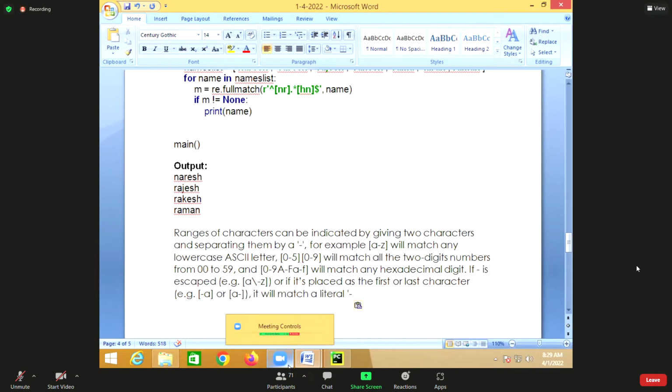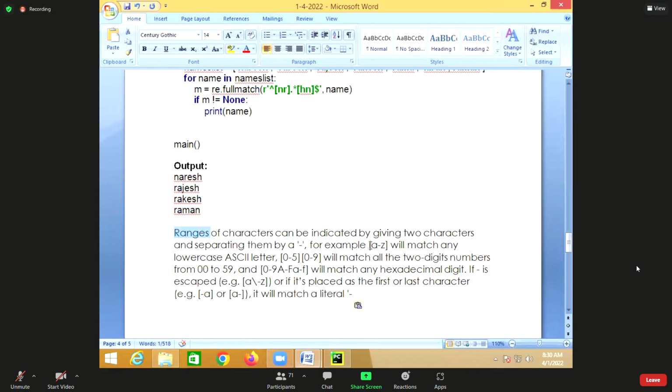You have to define the beginning of the range as well as the end of the range. If I say 0 hyphen, it will find 0 hyphen. If I say 0 hyphen 9, it means 0 to 9. A hyphen F means A to F, A, B, C, D, E, F, like that.